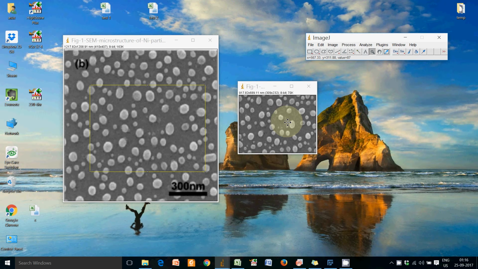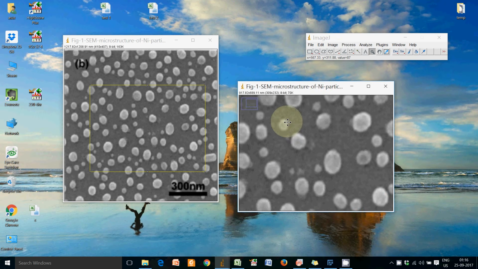Now zoom it in and then select the freehand selection. Like we selected the straight line in the earlier case, we will select freehand selection this time. Let's draw around the particle an area and then click on the